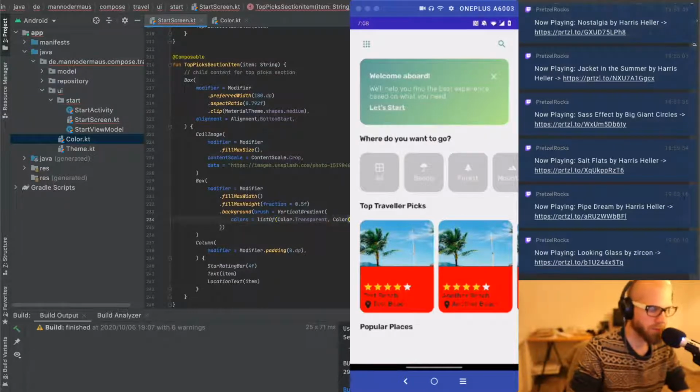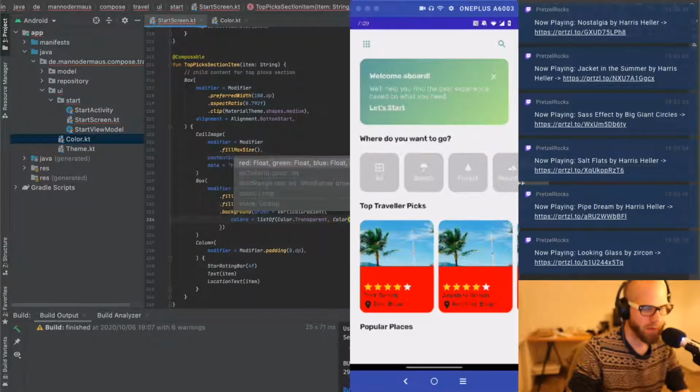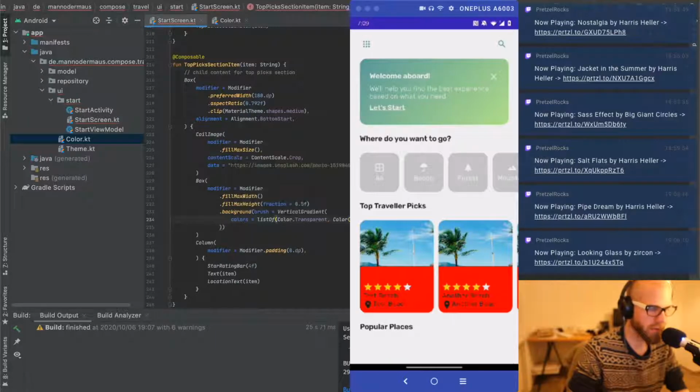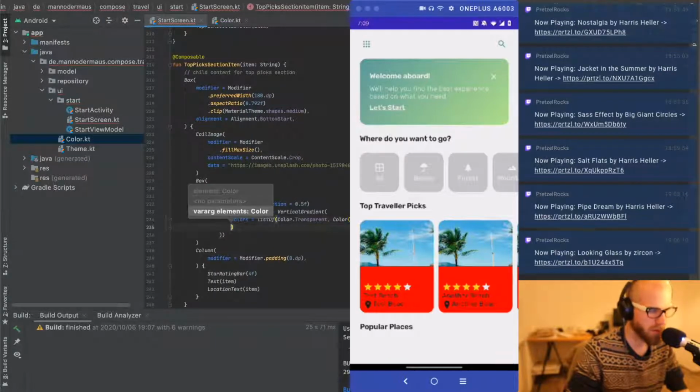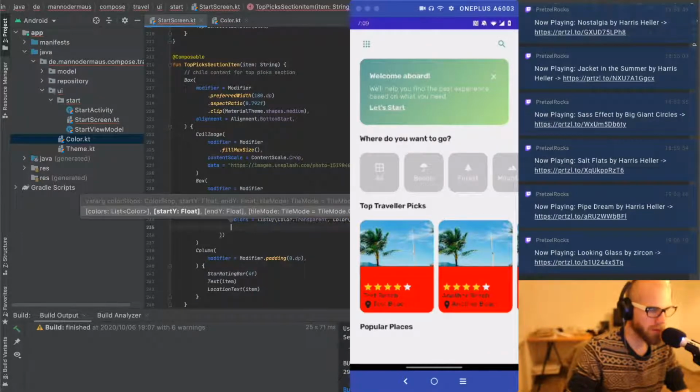I'm just gonna do something just for checking it. Gonna be 0F, 0F, 0F. I don't know, let's go really dark. Let's go 0.3. Right, so let's see, I need start Y would be 0, top,